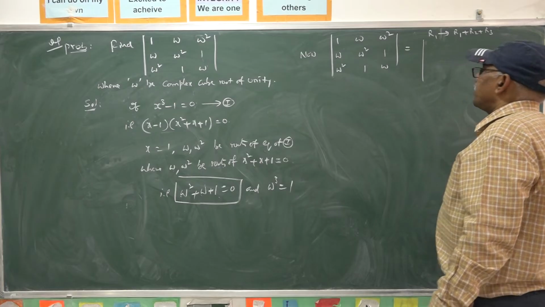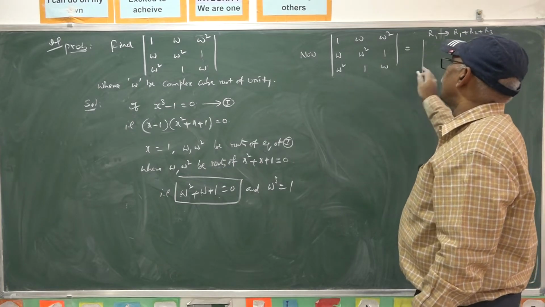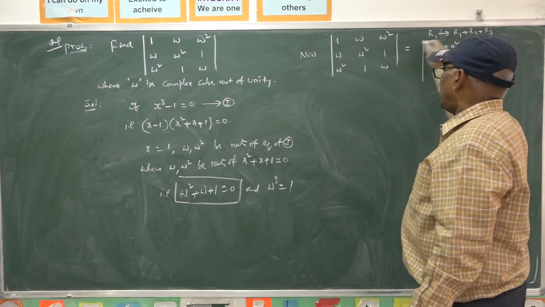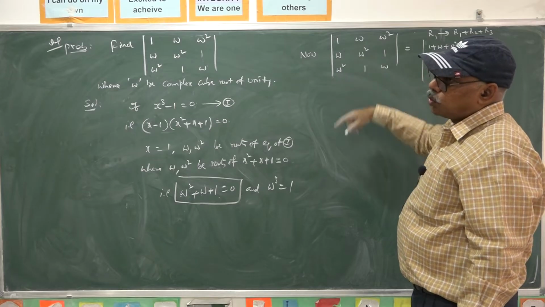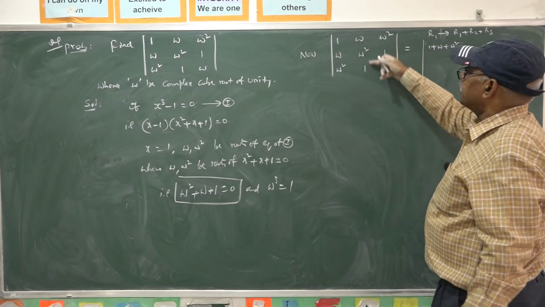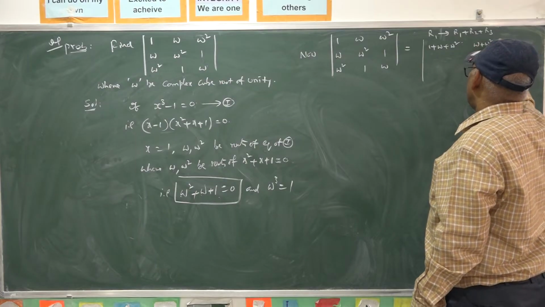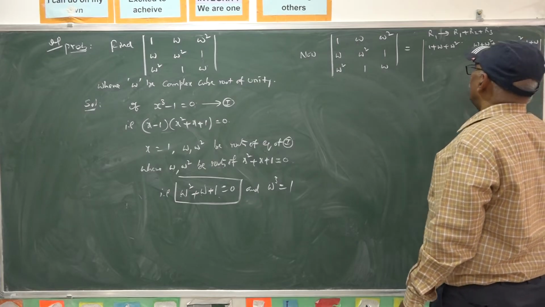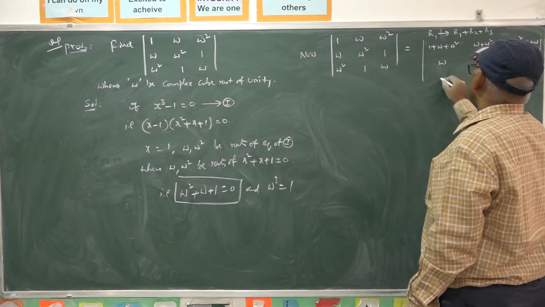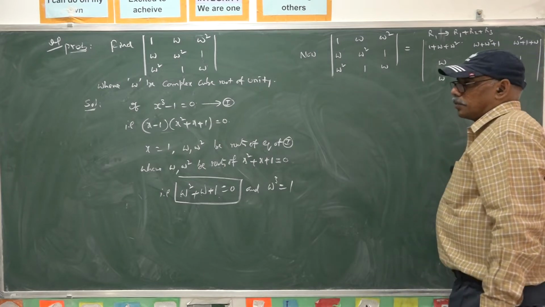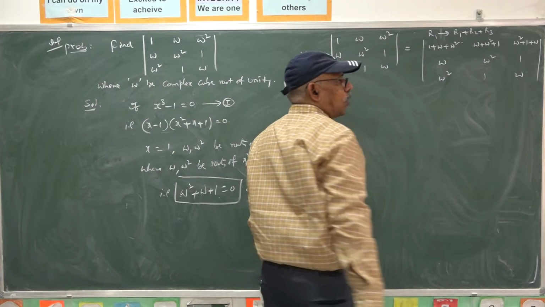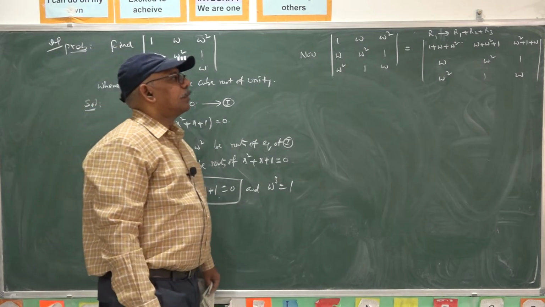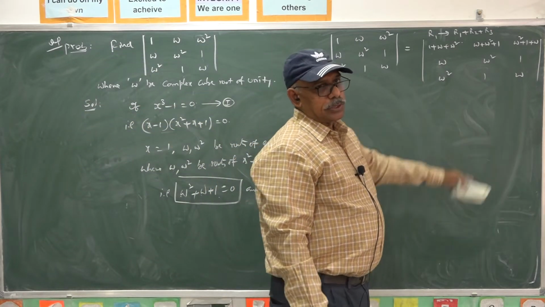So, based on this transformation, this determinant changes to an equivalent determinant with first row 1 plus omega square. I am adding the corresponding elements of the rows. Similarly, adding this omega plus omega square plus 1, adding this omega square plus 1 plus omega. The remaining 2 rows are not changed, because we are writing that sum in R1 only. So, R1 only is affected. This determinant is equivalent to this determinant.